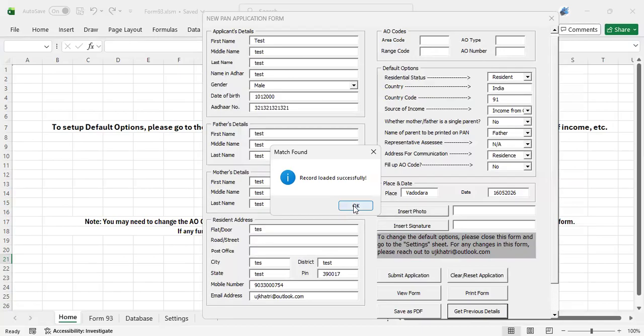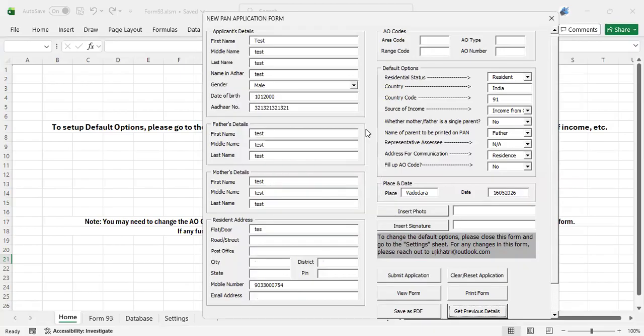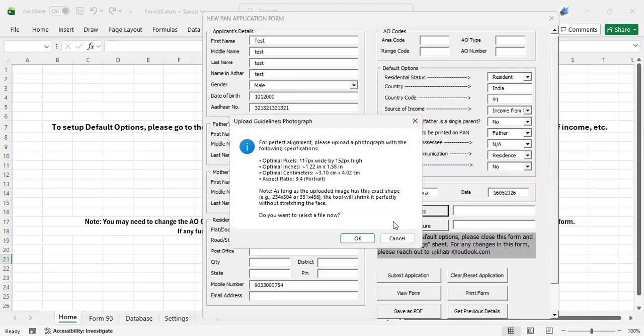Okay, so in any case you need to search, or you have any doubt like, hey, I had filled up this person's PAN card but you don't remember, just enter that number and click on get previous details and then the details will be available. All right. And then I'm just clicking on this insert tool